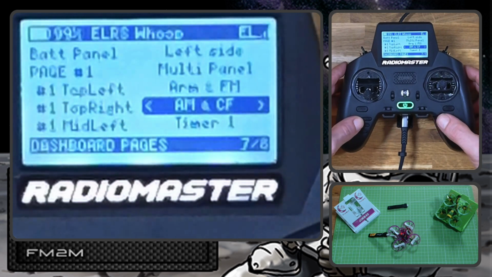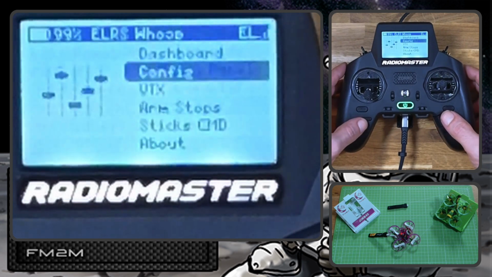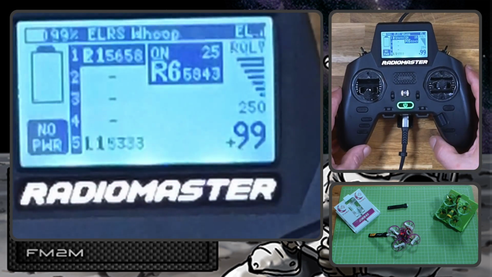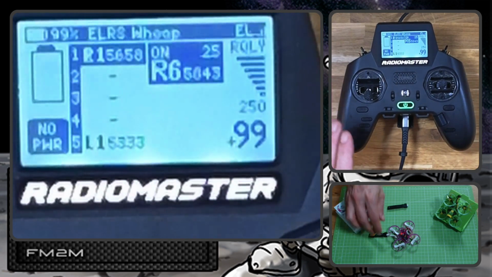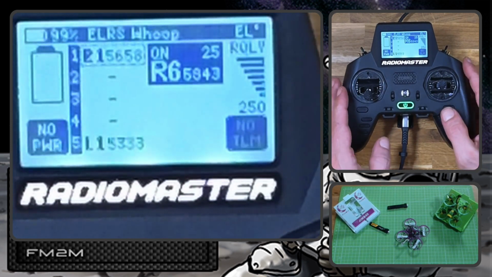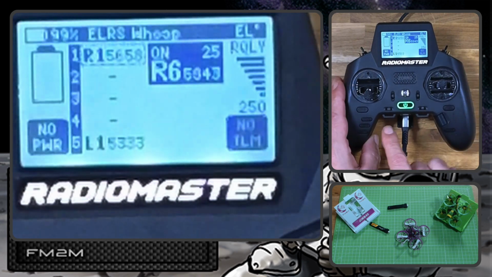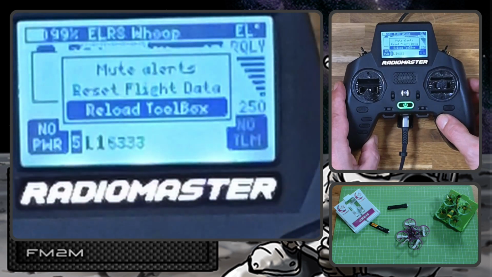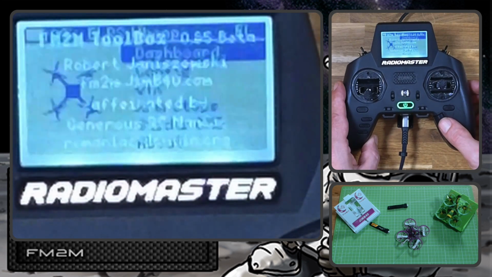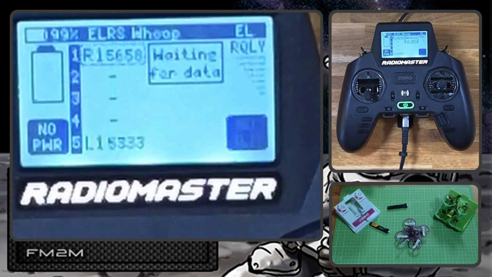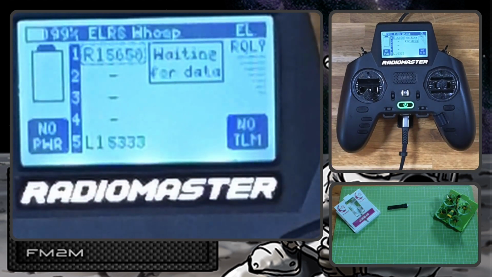Or maybe let's leave it and go to second page on dashboard, okay. And I will switch off the client, power down my aircraft, small aircraft. I will reload toolbox, right? And again, so if I power on,